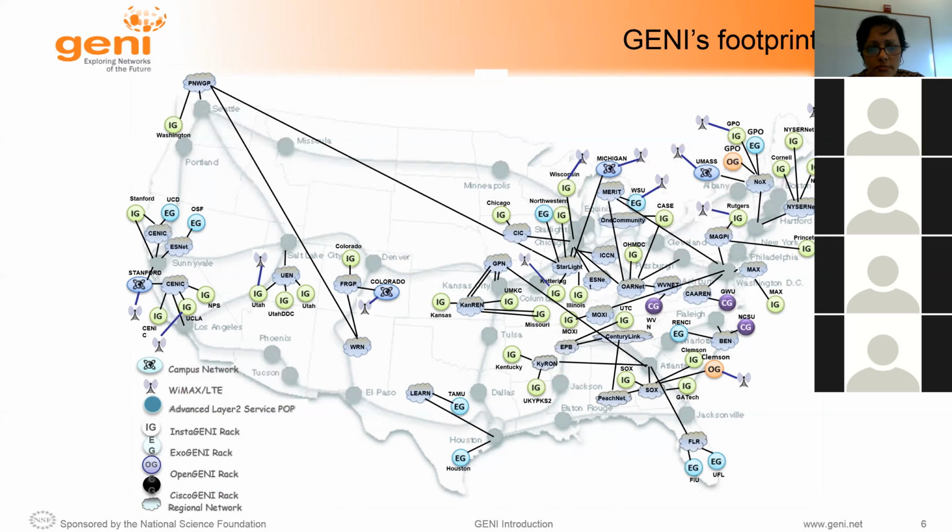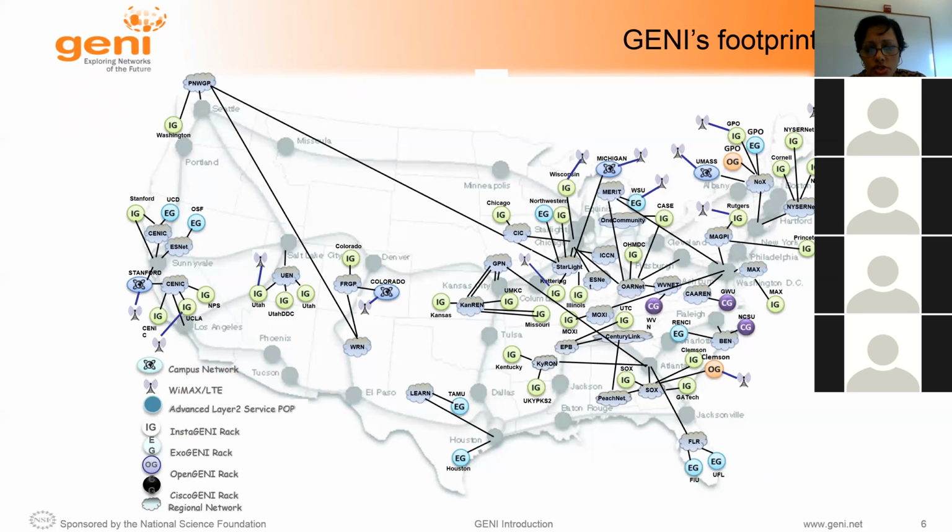So there are entire campus networks, and all over the country, though of course it's more concentrated in certain areas, there's WiMAX, LTE, advanced layer 2 service, and then you see the IG ones are InstaGENI racks and